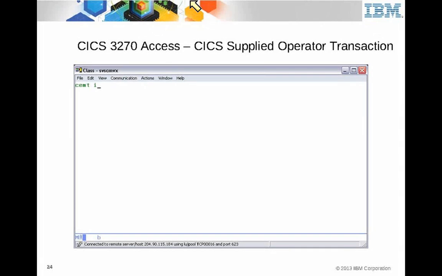All CICS transaction IDs begin with C. So if ever you start reading the application development book or the administration books, they will recommend that you don't start your business application transaction IDs with C, because it might conflict with a CICS supplied transaction. So for example, the first credit application I wrote, I actually started using C for credit. Well, I immediately ran into problems with conflicts on using